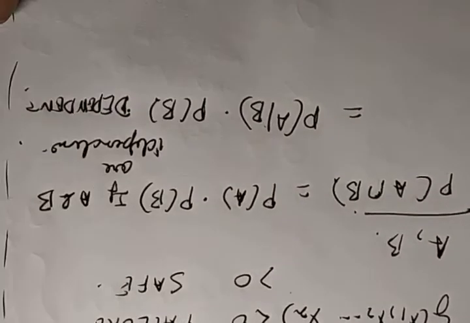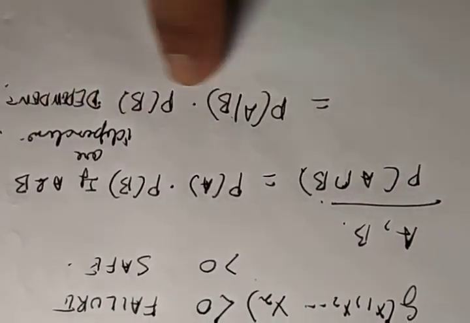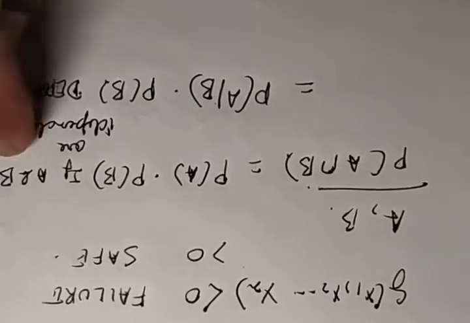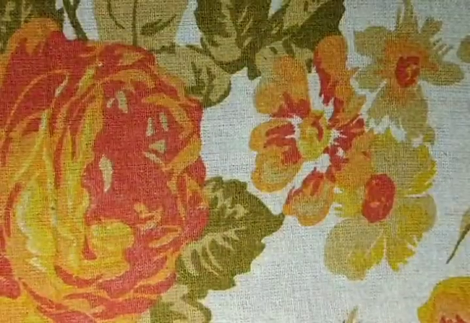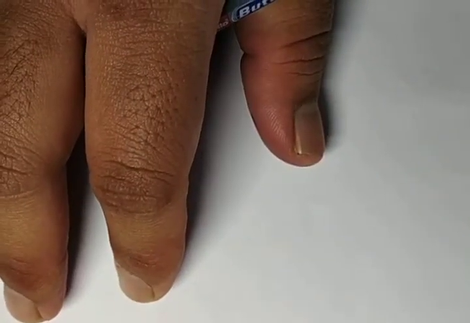If these are dependent quantities, I'll have this equation, and if these are independent quantities, I'll just simply multiply probability of A by probability of B. Okay. So now I also have to find out the probabilities of all those variables that are involved here. So the probability of